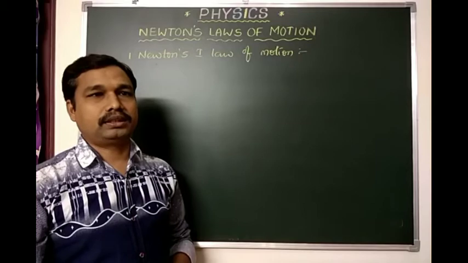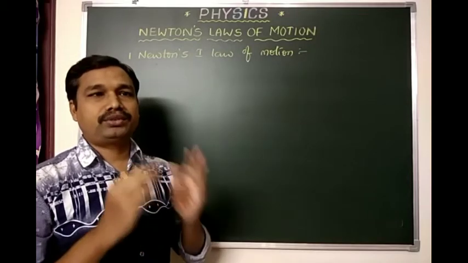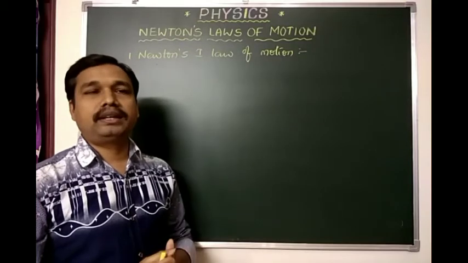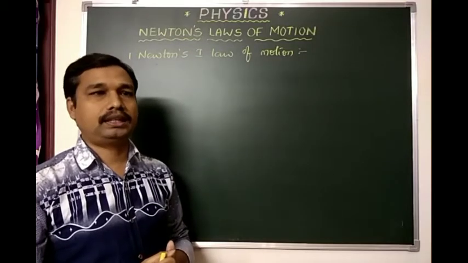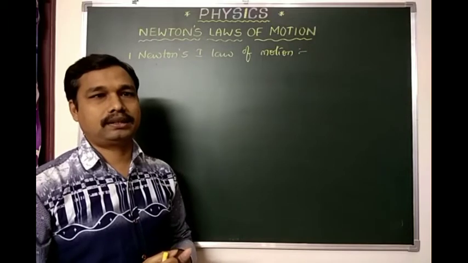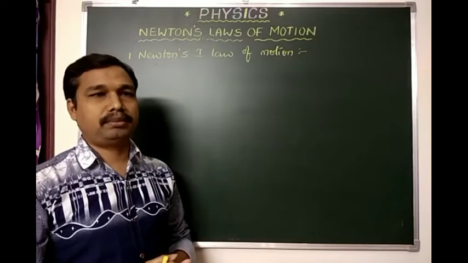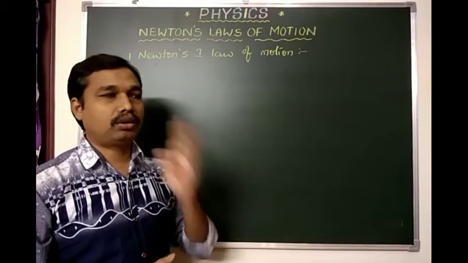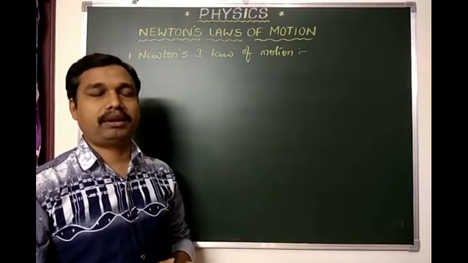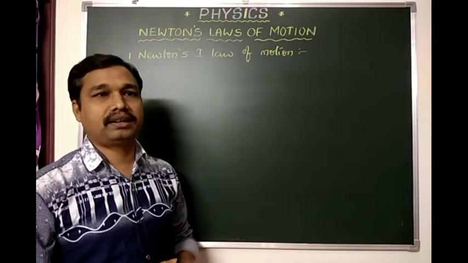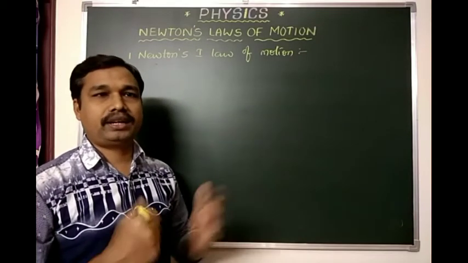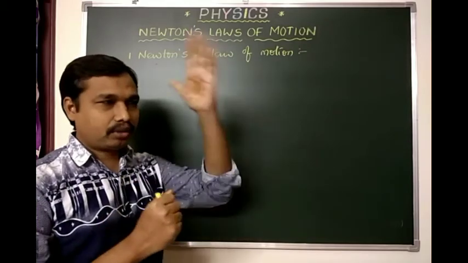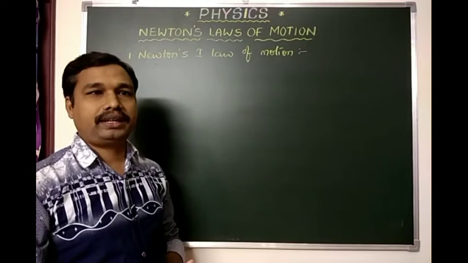And coming to the third, suppose a body is moving in a straight direction. For example, a person hitting the ball with a bat, or a person playing football who kicks with the leg. Then what is the direction of the ball? It will go in a straight direction. While playing carrom also you can find coins moving in a straight direction.